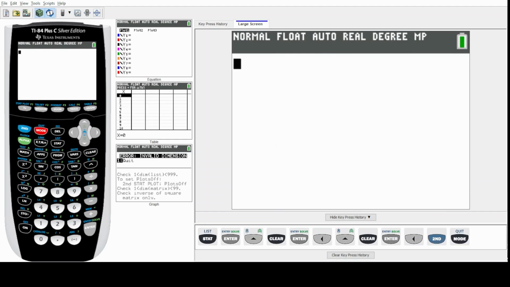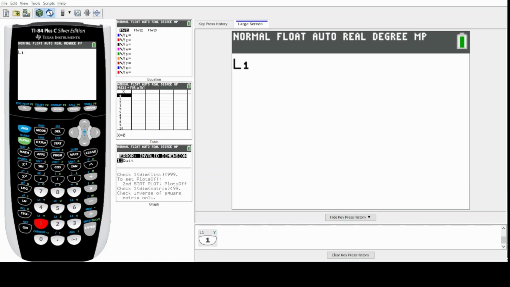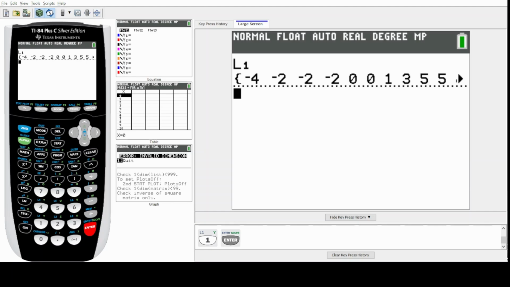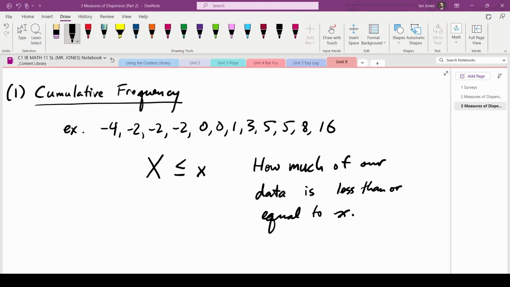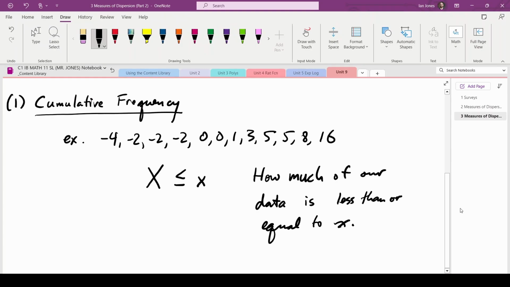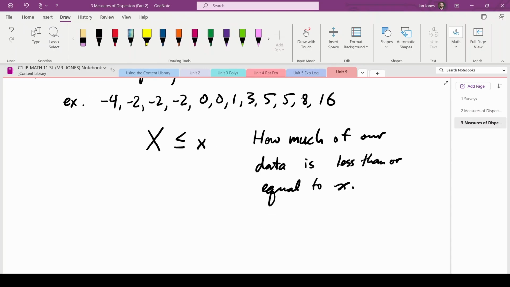And if I wanted to double check what's in L1, I can always do that. I can go second L1, or second one to get L1, enter, and you can see it gives me the set of data that is in L1. And that is, in fact, the data that I want. All right, so now let's create a cumulative frequency by hand. So what we would do is we would list our data from least to greatest, which we already have,